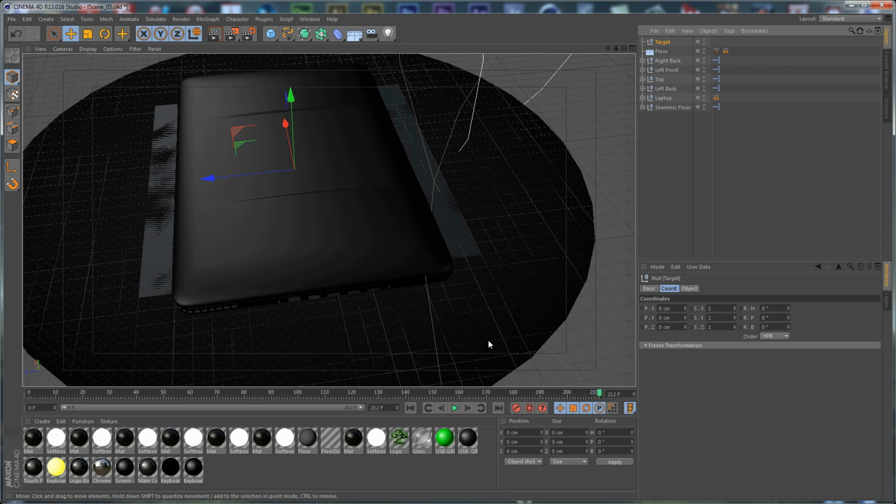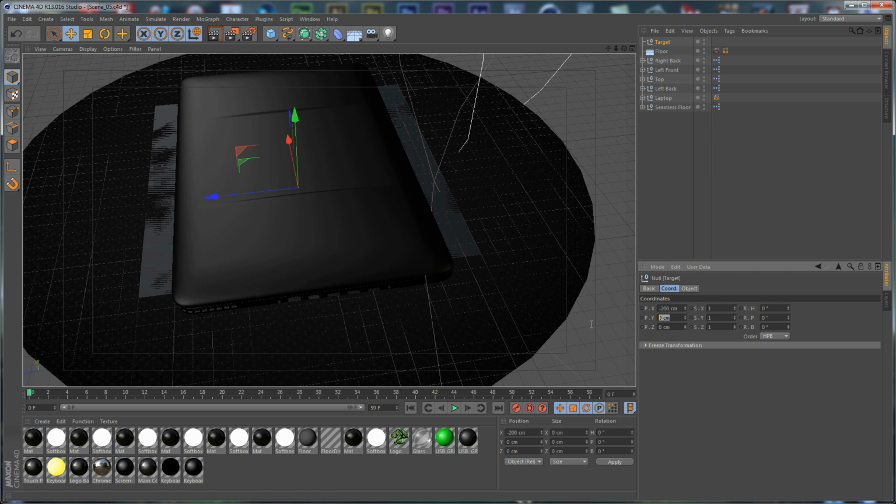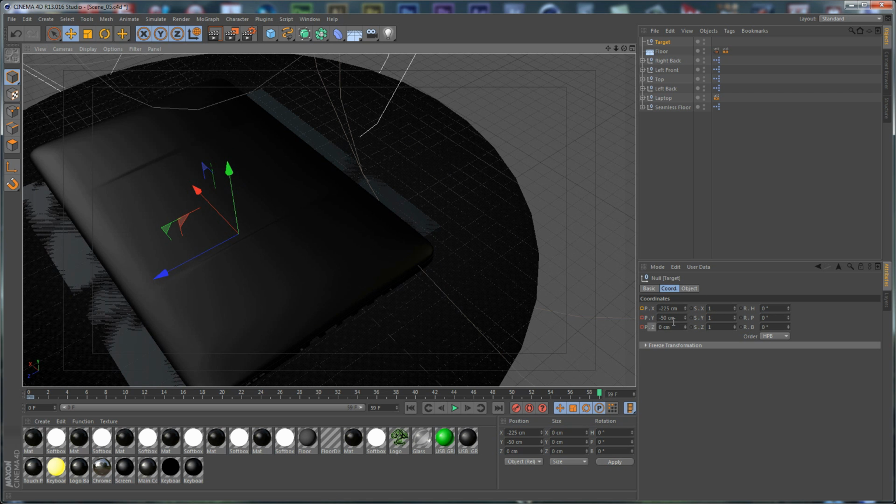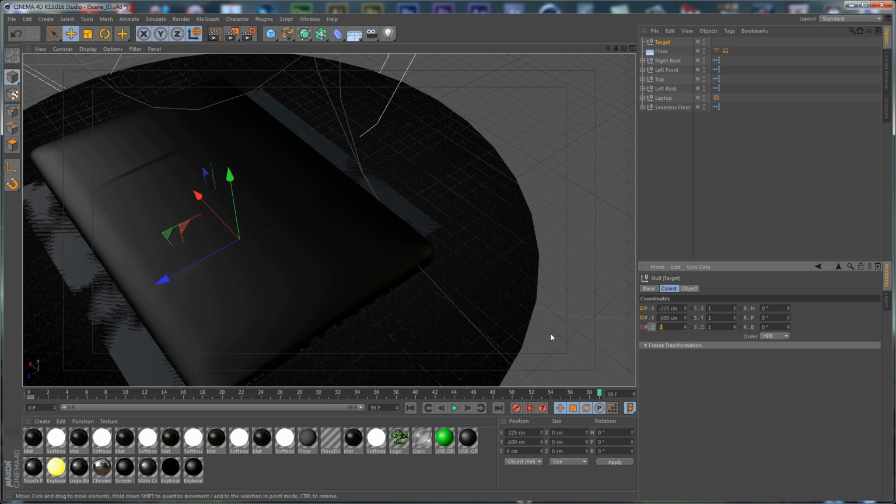And for this we need to set the duration to 59 frames for the timeline. Let's go to the first frame and let's set the coordinates for the null object. We need to set this to -200, -50, and this one 0, and just set a keyframe and move to the end of the timeline and just move it slightly, and -100 and 190. So we need to move it like so,